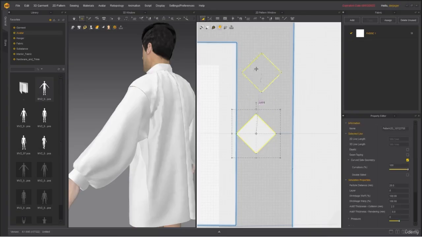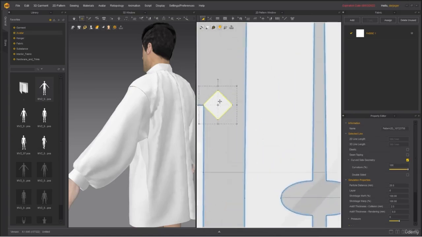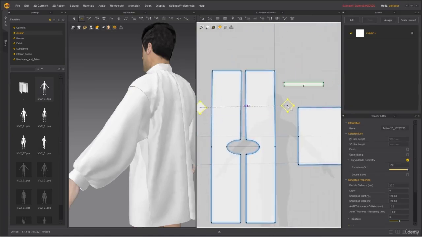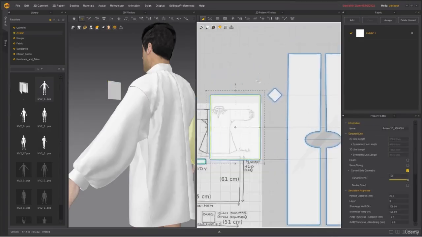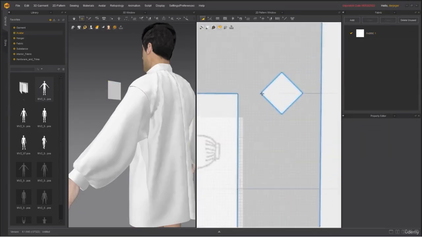So in this case, I know that this guy is going to be down here. We can already Control-C, Control-B, copy this, and then go from one to the other and use a symmetrical pattern with sewing, so that whatever we do to one side is going to happen to the other side. So I want to sew from here, from this point,